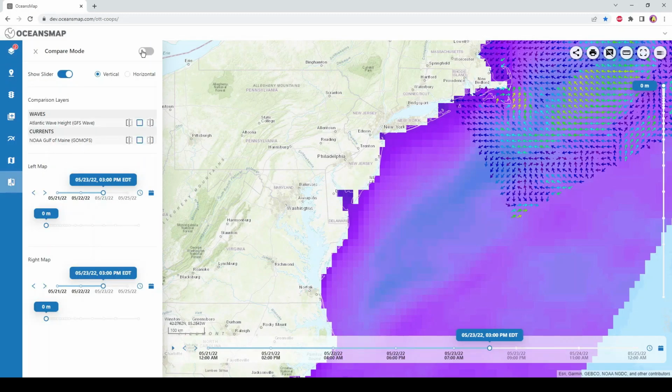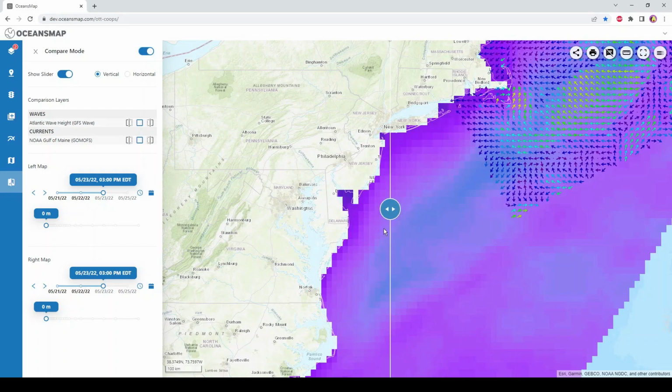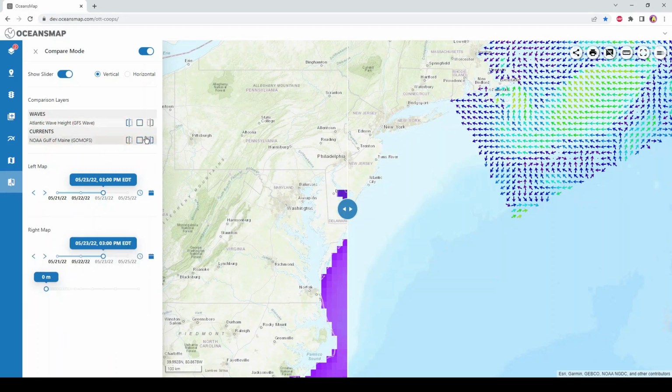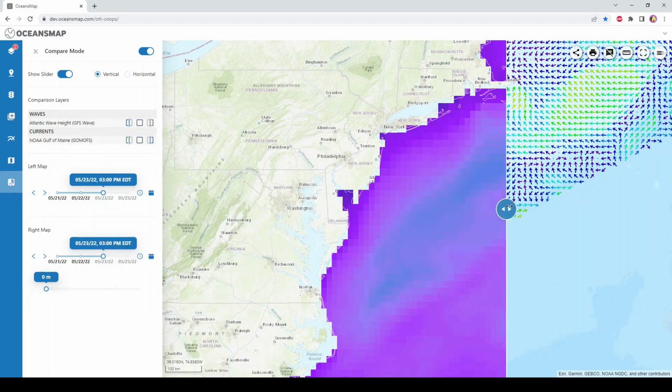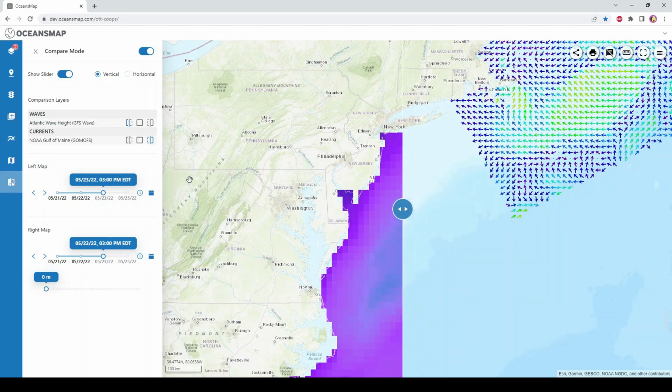So going into the compare mode tool and activating this, it'll open a slider on the map. So this slider can be turned on or off. It can be set to vertical or horizontal. The data layer showing on the map can be set to either the entire map or one half of the map. And setting it to either side will allow the user to display one of the two data layers depending